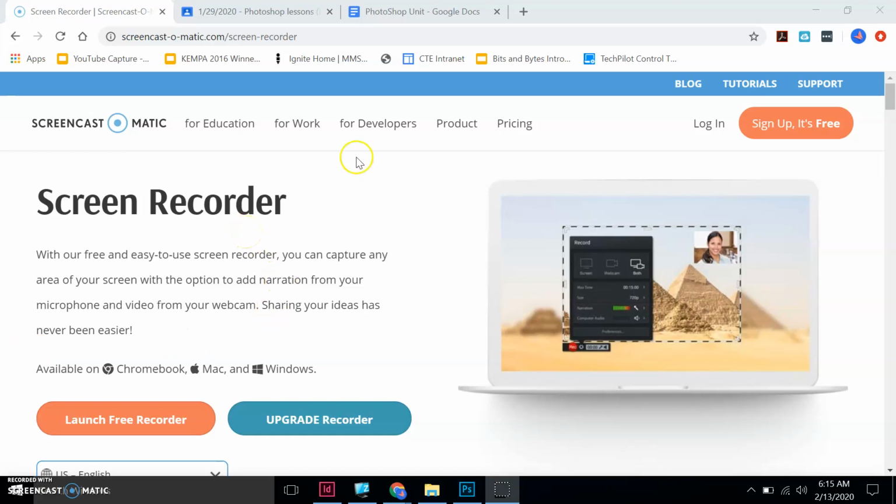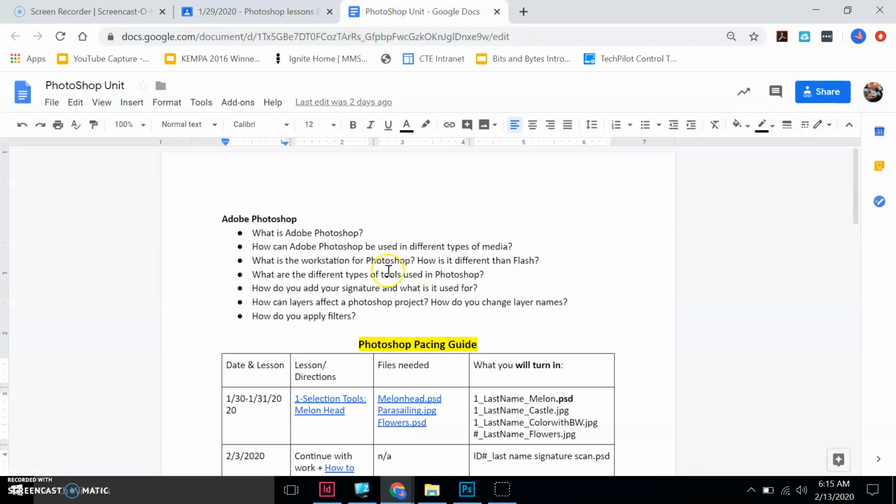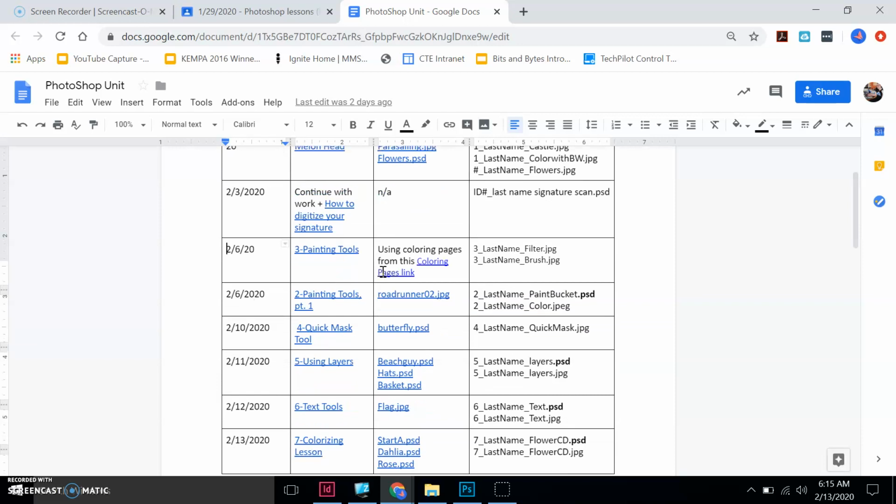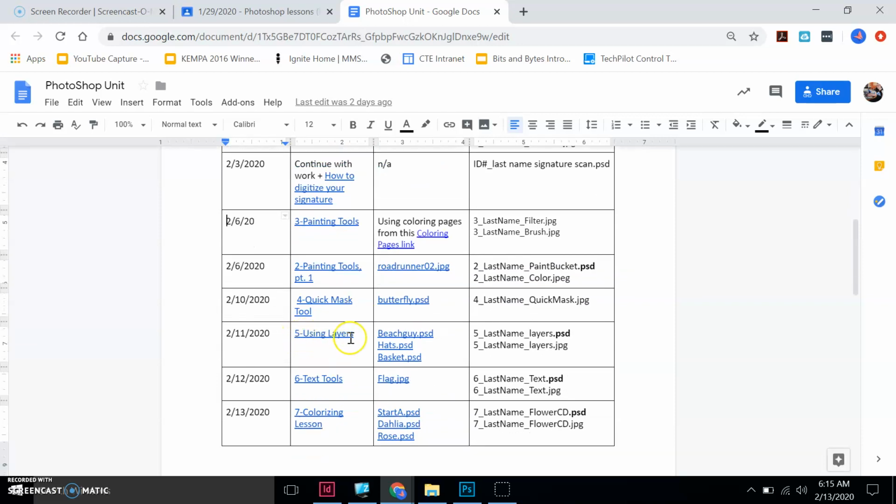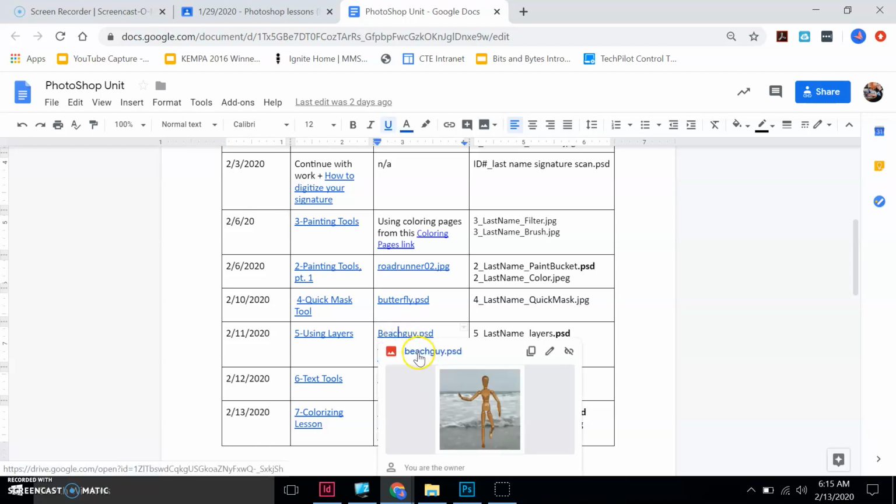Hello, this is a tutorial for how to do the Beach Guy Layers assignment. So I want you to find Photoshop lessons, and that'll bring you to this Google Doc. And you're going to scroll down till you see number 5, using layers. And the first thing you're going to do is you are going to open up Beach Guy,